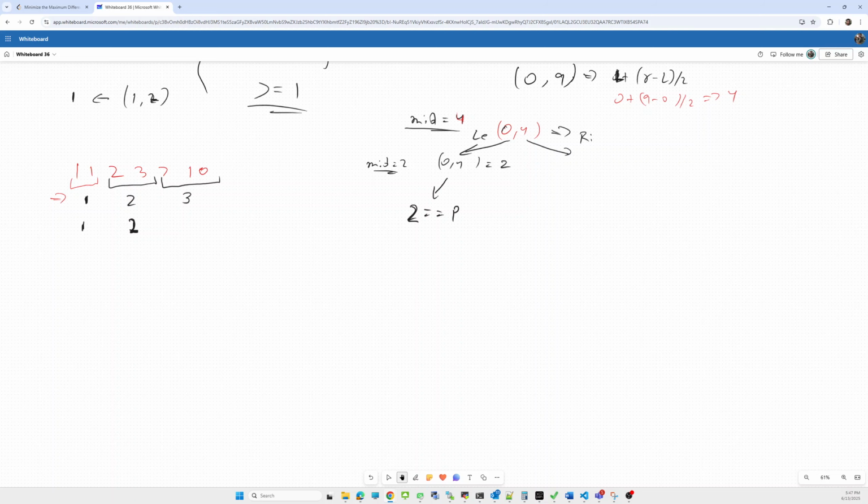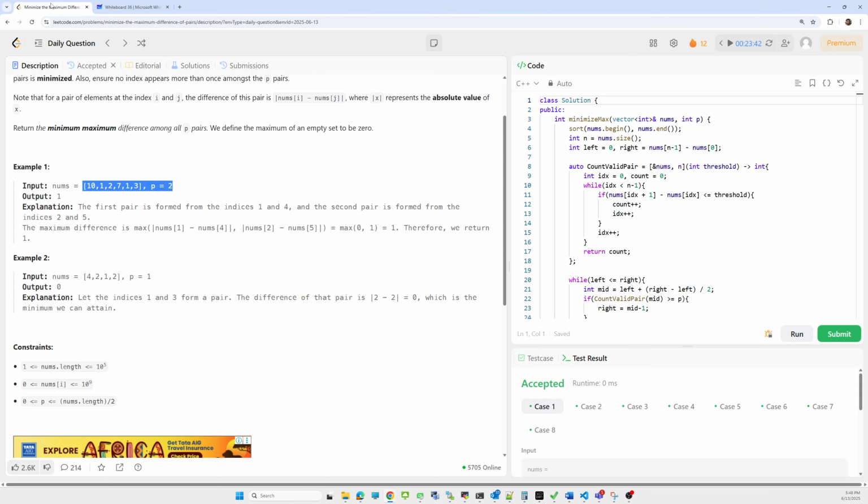In the same way, we will find the minimum result. So here, what will be the middle value? Here the middle value will be 2. So we will return 2 in this case. Sorry, my bad, we do not return 2. Still we are going further and we'll check, because our resultant will be 1.